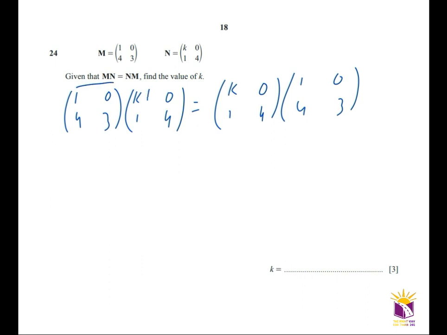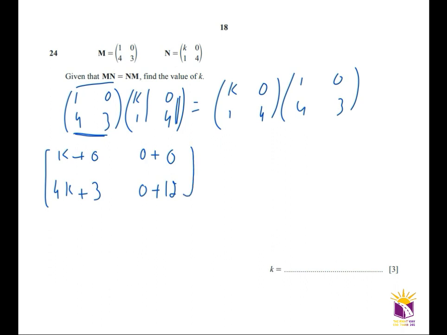First row with the first column: 1 times k is k, 0 times 1 is 0. First row, second column: 1 times 0 is 0, 0 times 4 is 0. Second row, first column: 4 times k is 4k plus 3 times 1 is 3. Second row, second column: 4 times 0 is 0, 3 times 4 is 12, equal to